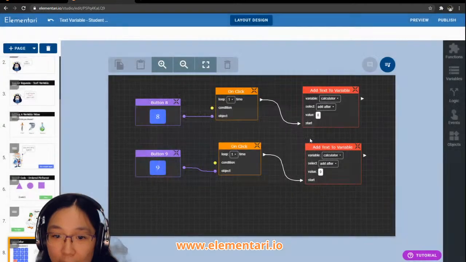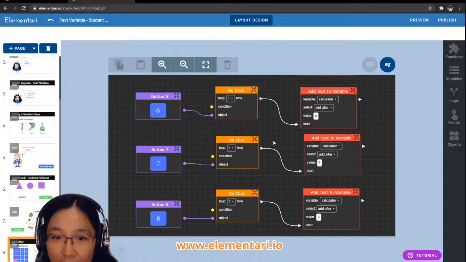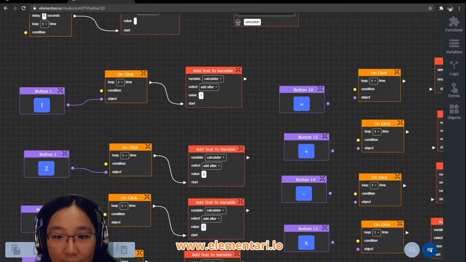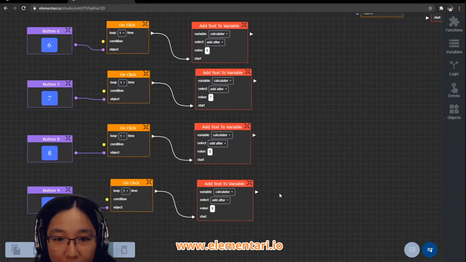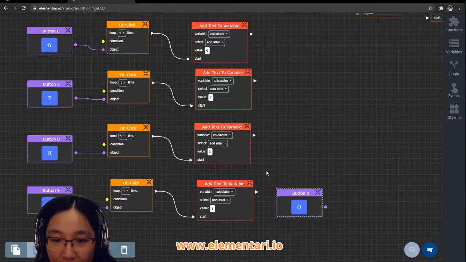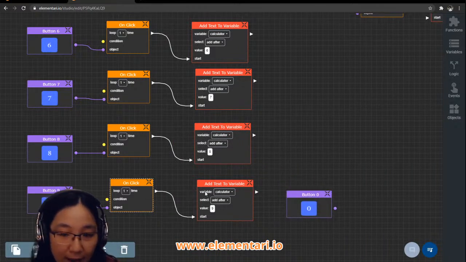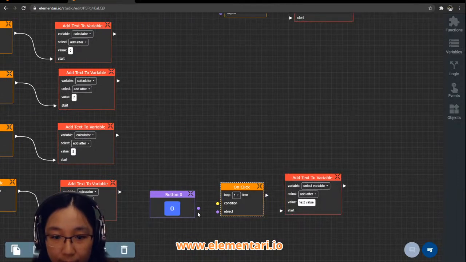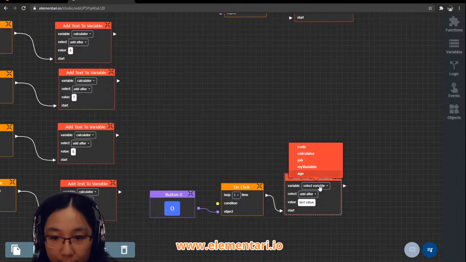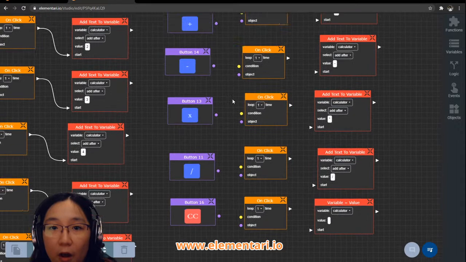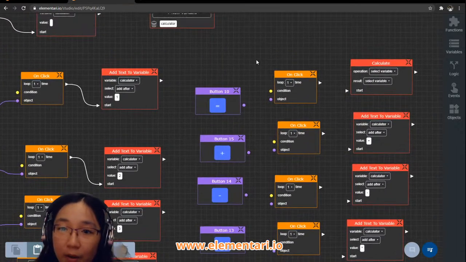Ah, 0's not working. Where's 0? Let's make it bigger. Do you see a 0 anywhere? Oh, poor 0. It got forgotten. Okay, so I'm gonna add 0. And it's the same thing. Calculator, add after 0. Okay, so we have all the numbers set up, and basically we need to do the